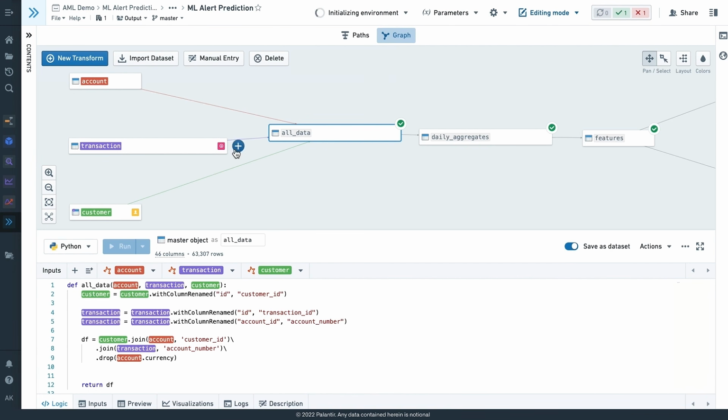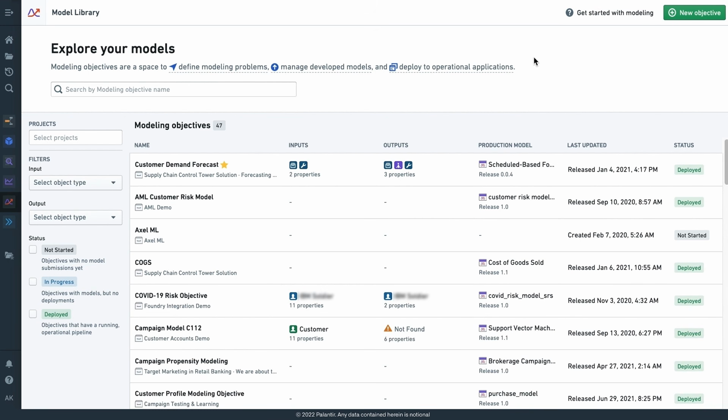And so the idea is you build your models. You've built some here, you've built some in other tools. Now I want to be able to register them and use them in a variety of different end user applications. And so what I'm going to do now is open up my model objectives library. This is mission control for all the models that I've been working with in this particular instance of Foundry that I have access to. And a lot of this paradigm was informed by some of our work in the defense space, where there's this three-part approach to deploying operational AI.